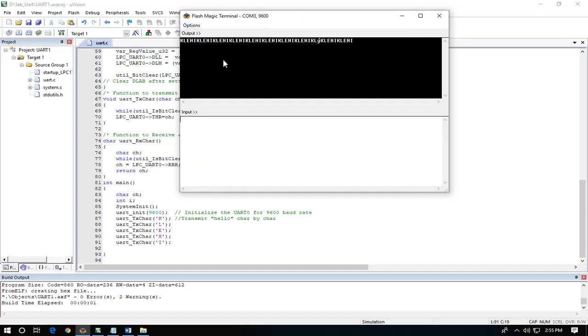I can clear input output, then press the reset button on the LPC1768 to execute the code and see the output. You can see KLE hi, it is just transmitting. Now if I type anything in the input, it doesn't come in the output side, it is not receiving anything from the UART.